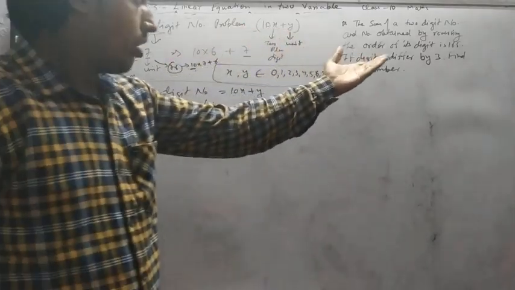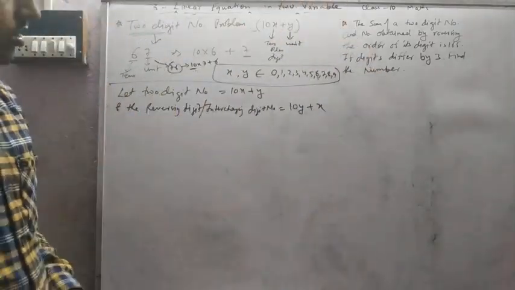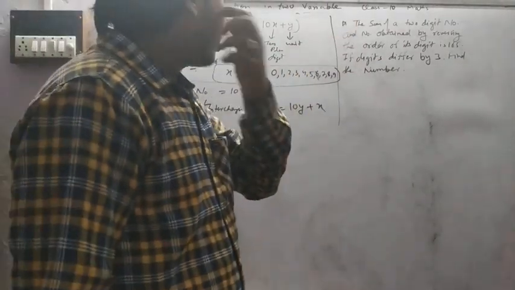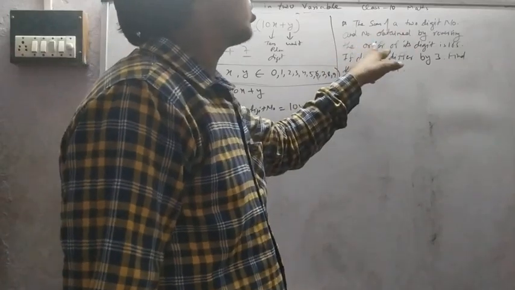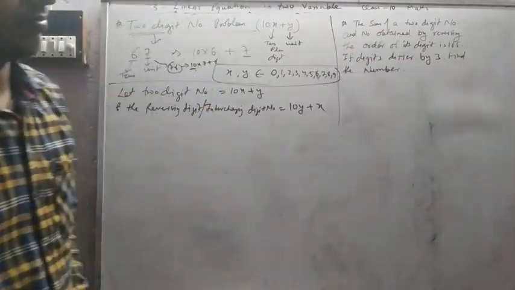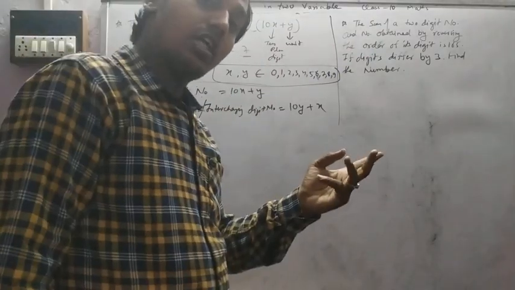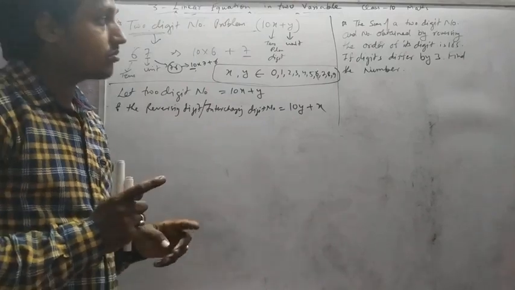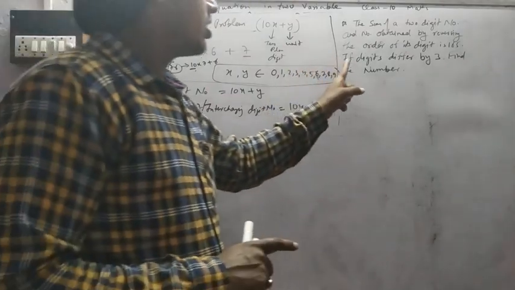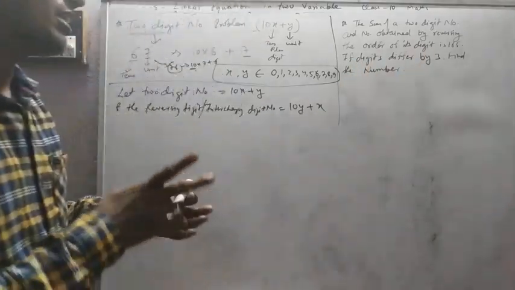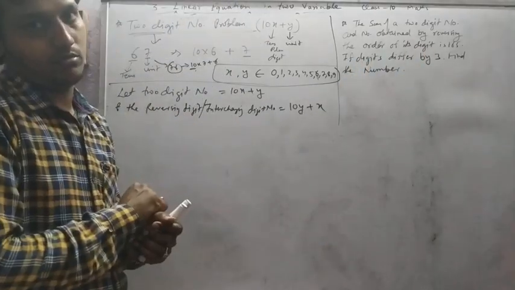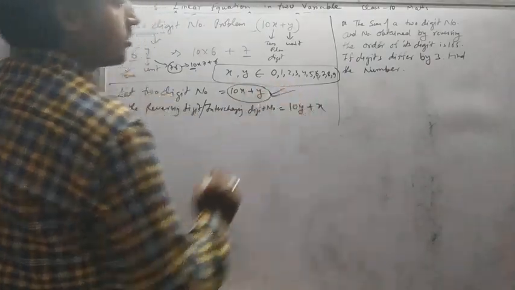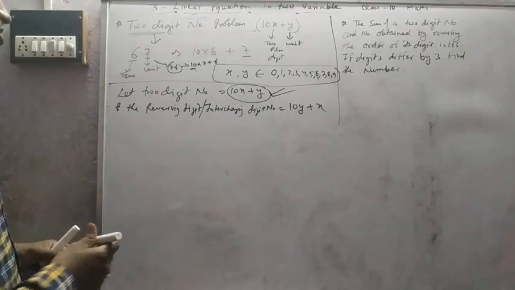We take an example. By example we are explaining how we solve it. First thing, understand the question. The sum of a 2-digit number and the number obtained by reversing the order of its digits is 165. Means any 2-digit number and the reversing number sum make 165. And if the digits differ by 3, means unit and tens place digits differ by 3, find the number. Means the question wants us to find the number.